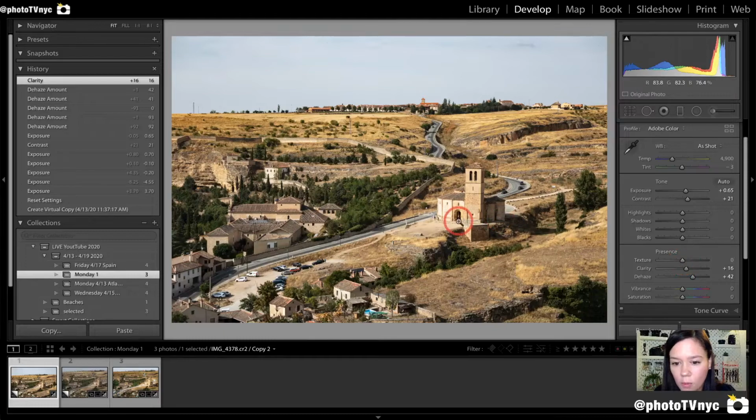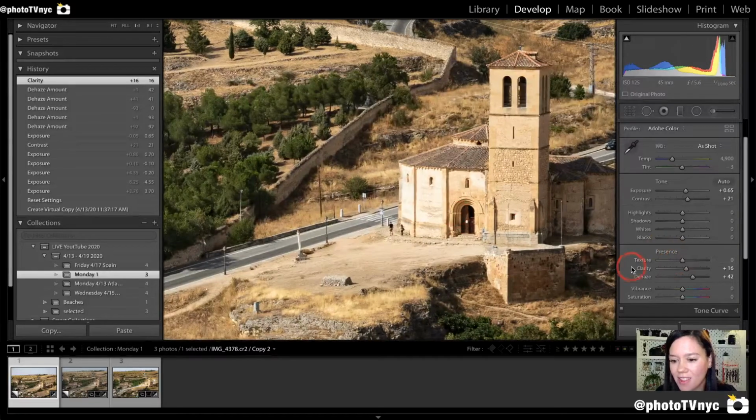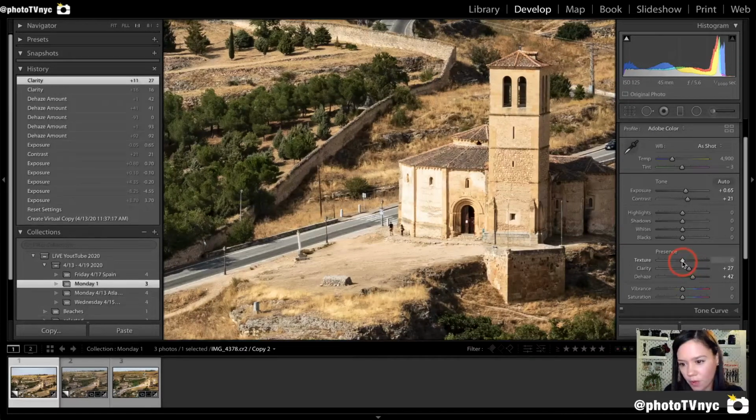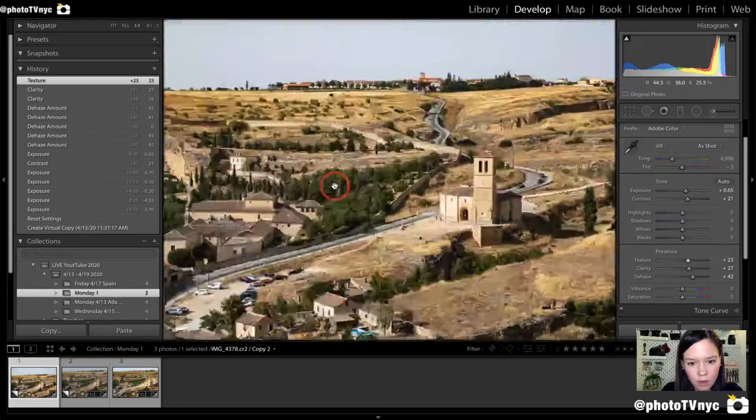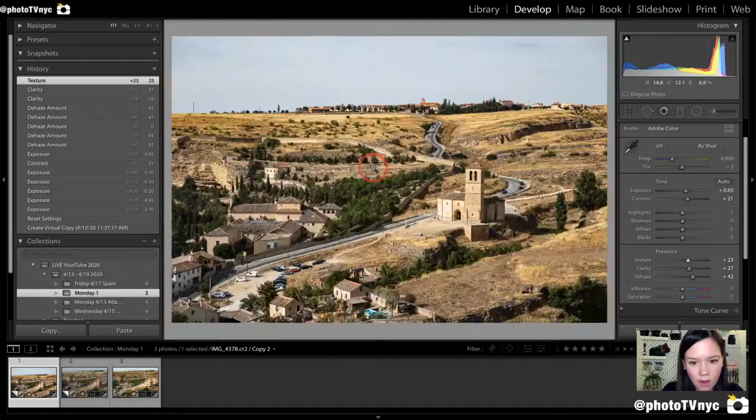And now I'm going to go to my texture. When you are editing with these three tools, the best is to go in and zoom at 100% to see what the effect is on the photo. So you can see there, texture is going to give you some sharpness in your photo. So I'm pretty satisfied